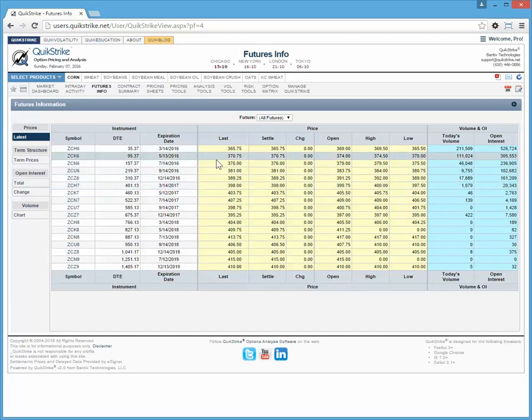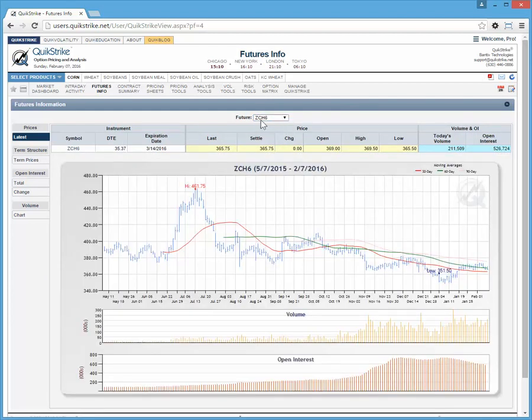A little bit more available here from a tab standpoint, and also the ability up top, if you see this drop down again, anywhere you start to see a label and an icon, or a label and a drop down, you know that you can affect change on that page by making a selection. So in this case, if I choose the March contract, remember H stands for March, if I choose the March contract, I'm going to see